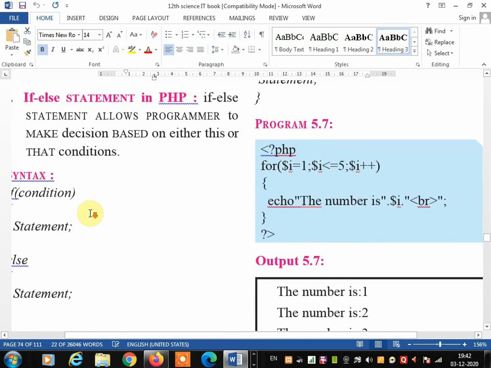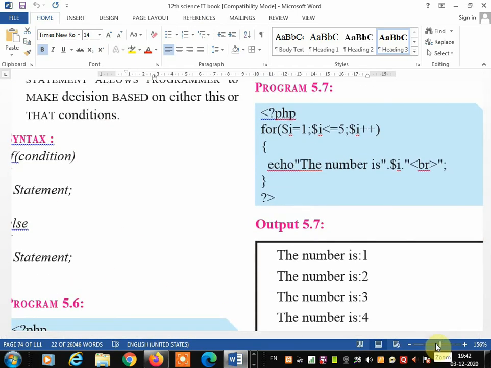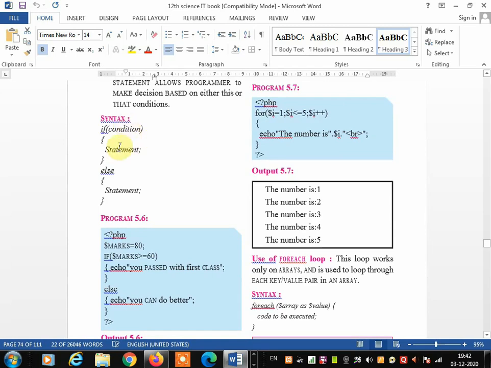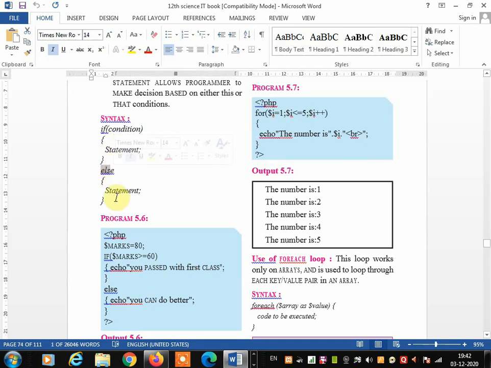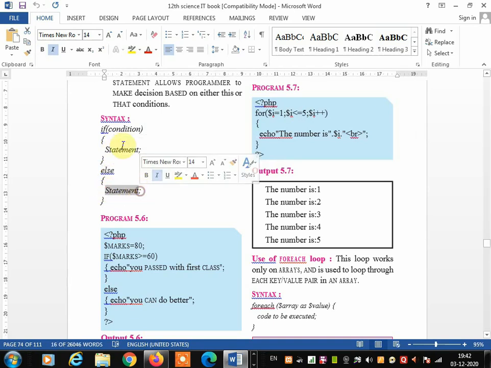Now just see the syntax of the program. If else: first if, then the condition you are going to write in brackets, and then curly bracket, then the block of statements, statement 1, then close the curly bracket, else this or that, another statement you are going to write over here. Suppose here you are going to write if marks are greater than or equal to 35, then pass, otherwise fail.